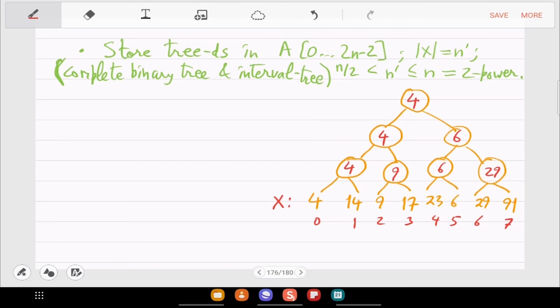This whole thing is stored in array A. So array A has in this case 15 integers when you were given in the input only 8. Okay, so this is the augmented tree data structure.